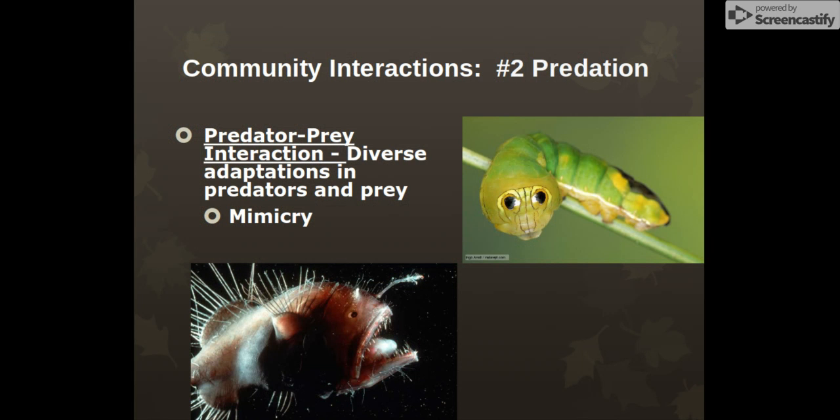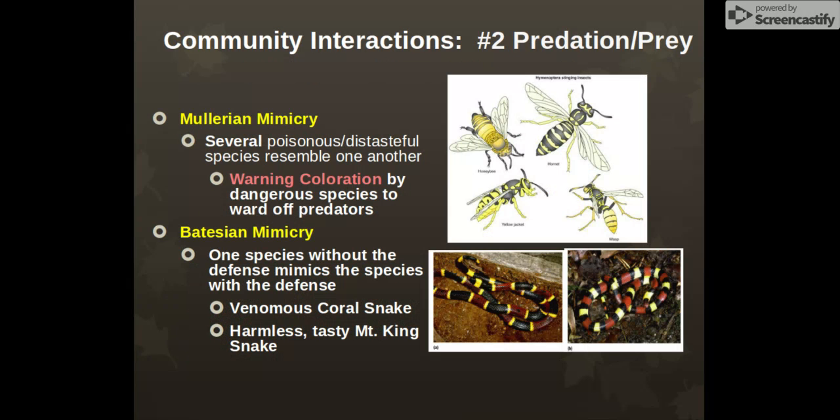Okay. We also see mimicry. Okay. In the top right image here, this is a caterpillar where the front of this caterpillar, it's got these eye spots that make it look kind of like a snake to potentially scare off any birds. We've got the anglerfish in the bottom left here with its little lure that makes it look like some little copepod, some small organism to bring fish in, and so then it can consume them.